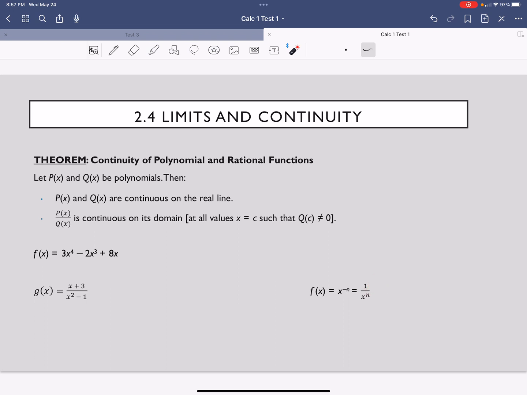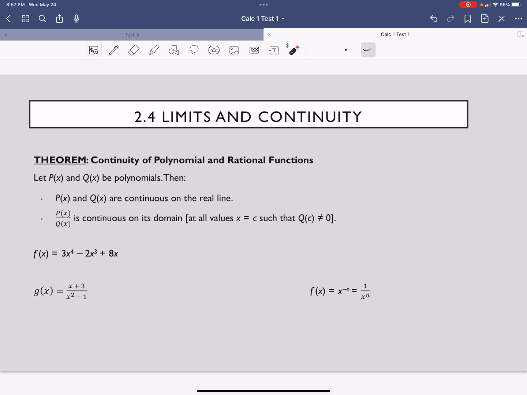Another time that you have to limit your domain is when you have a square root, or any even root. We always have to limit our domain when we have an even root, like the 4th root or the 6th root. So what this tells me is that when I am looking at the domain, we can say that a function is continuous